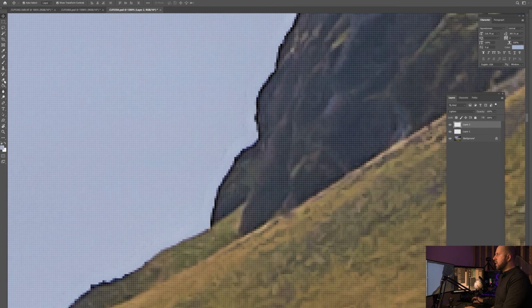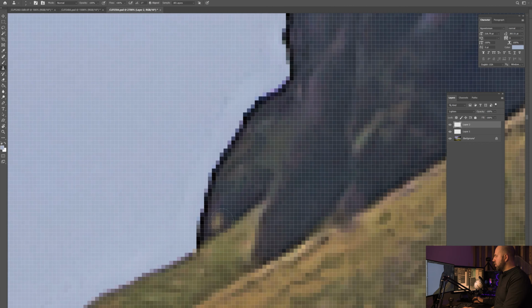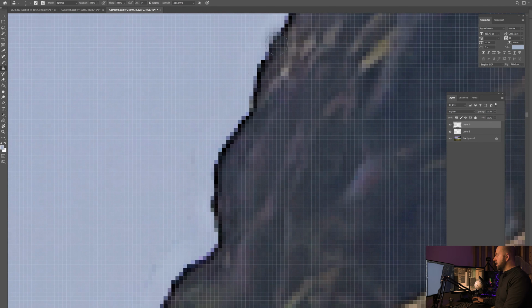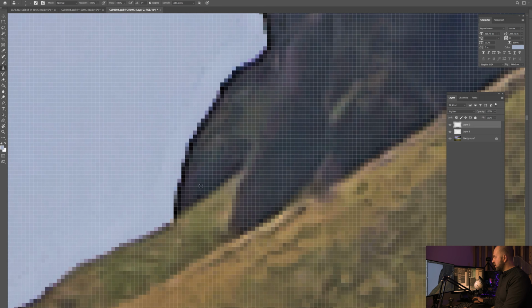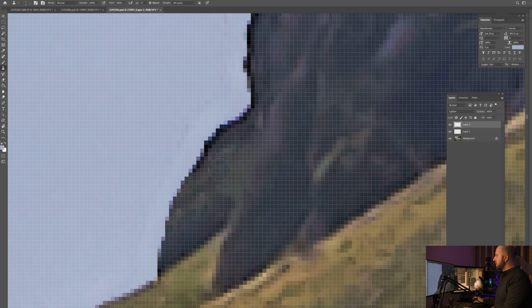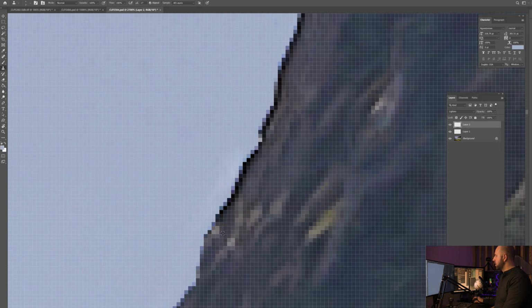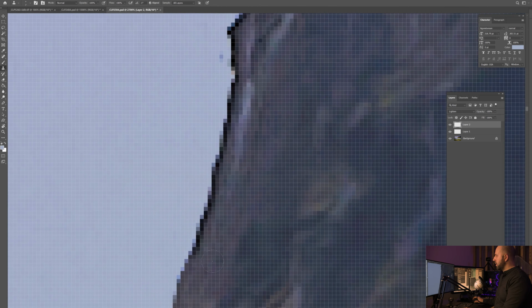You zoom in, you take your clone stamp tool, but now you will select the actual rock. Because we are at lighten mode, we will only clone stamp over things that are darker than our selection. Because the sky is brighter and everything else here is brighter, it will only paint over the ugly black stripe here. So let's try it out. How does it work? So as you can see, it works out perfectly and it will remove the problematic area